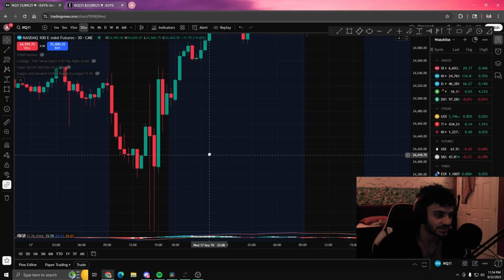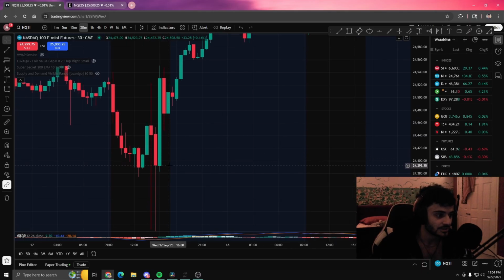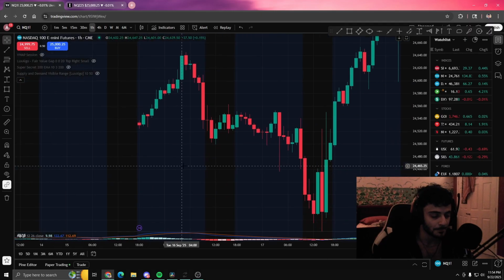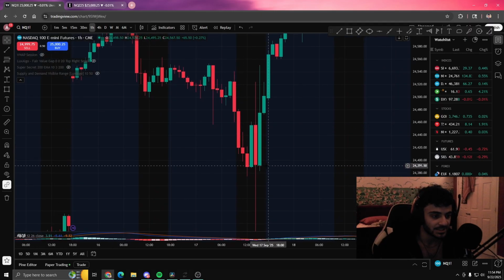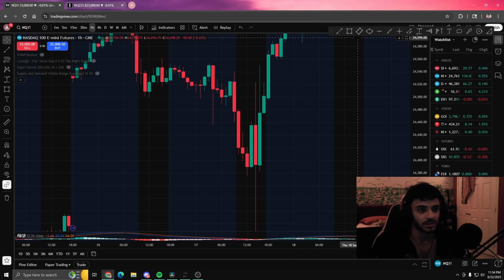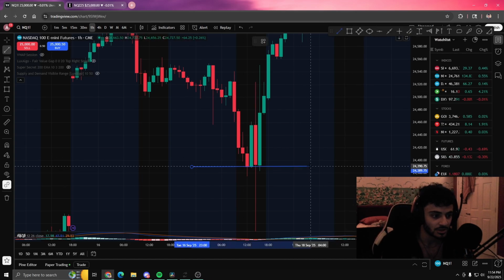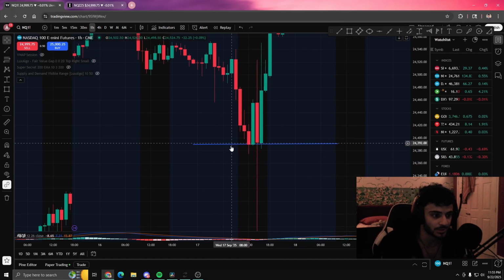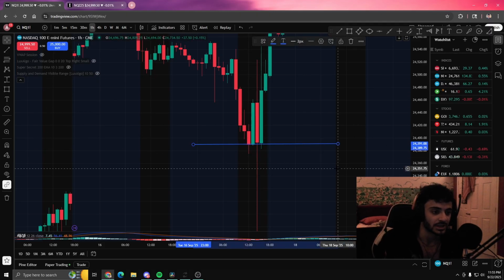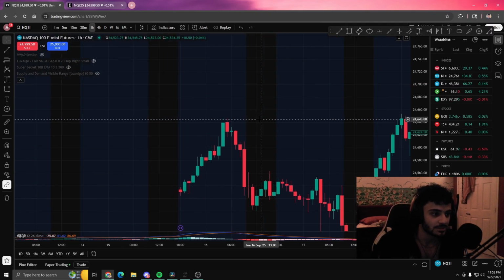Support and resistance, right? For example, here, I'm gonna go into the 1 hour time frame actually. You notice how we have a line here that price comes to and it can wick below, but it can't really break. Goes up, tries to come back down, tries really hard, but it can't break this level, right? This is what we call a level of support. No matter how hard price tries, it can't break this line. It just bounces off of it over and over again. That's what we call a support line, and the same is true for